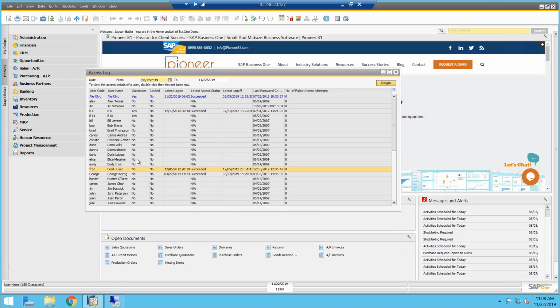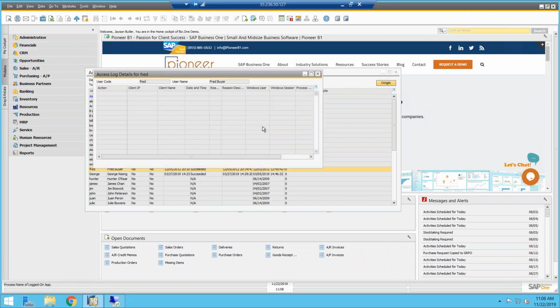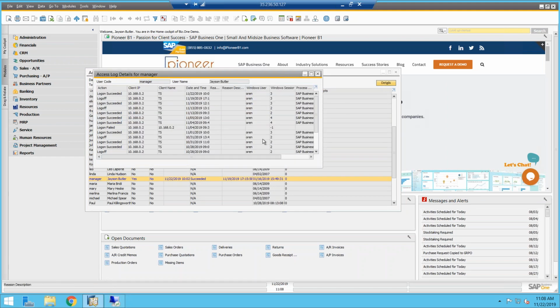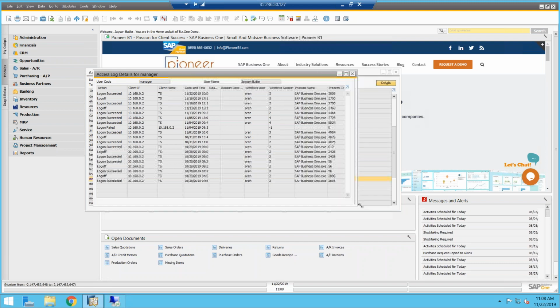As you go through a specific user, you can see what was the last log on, last log off, when they connected, and so forth. You can also look at the details and the history if it exists. So if I go to Jason Butler, the manager, the one that I have more information about, I can set up the dates from and to, and you can see basically when I logged into this system as manager and get more specific